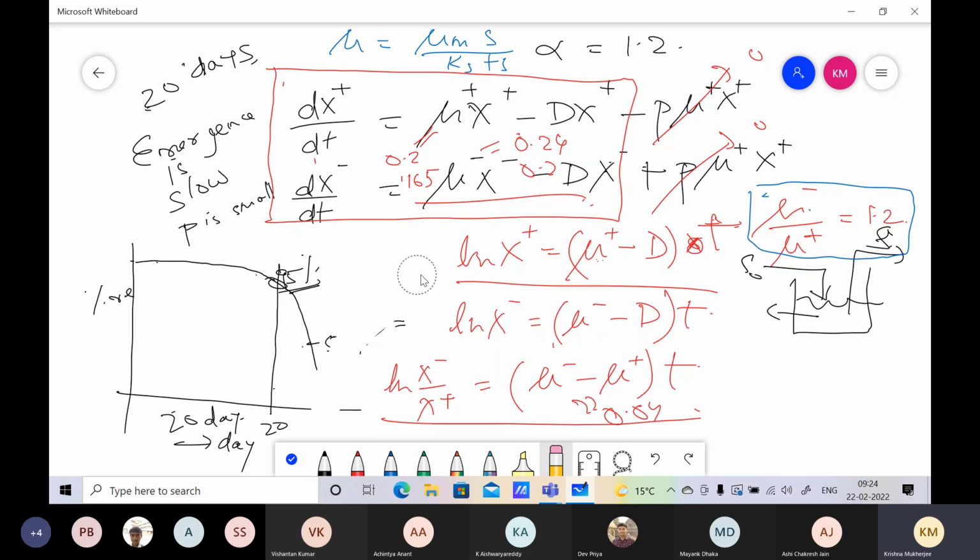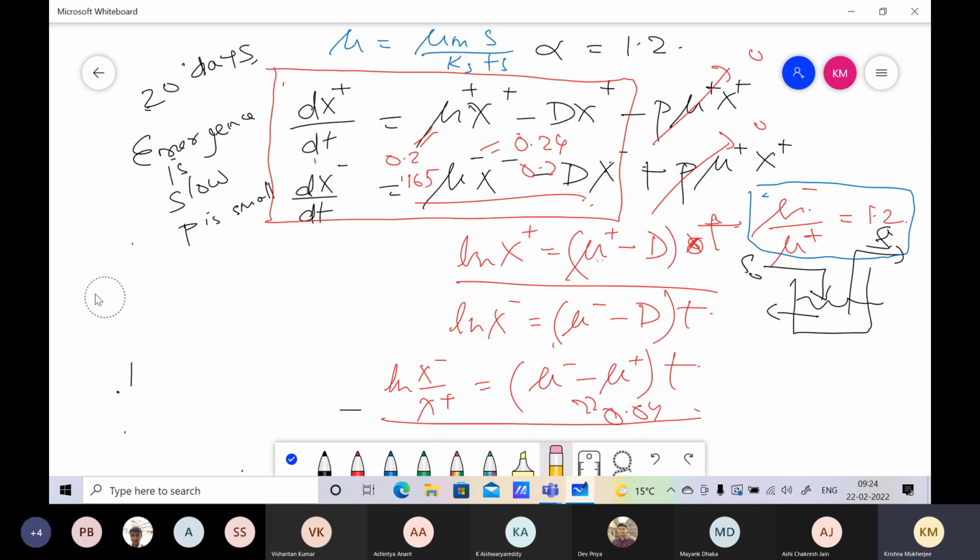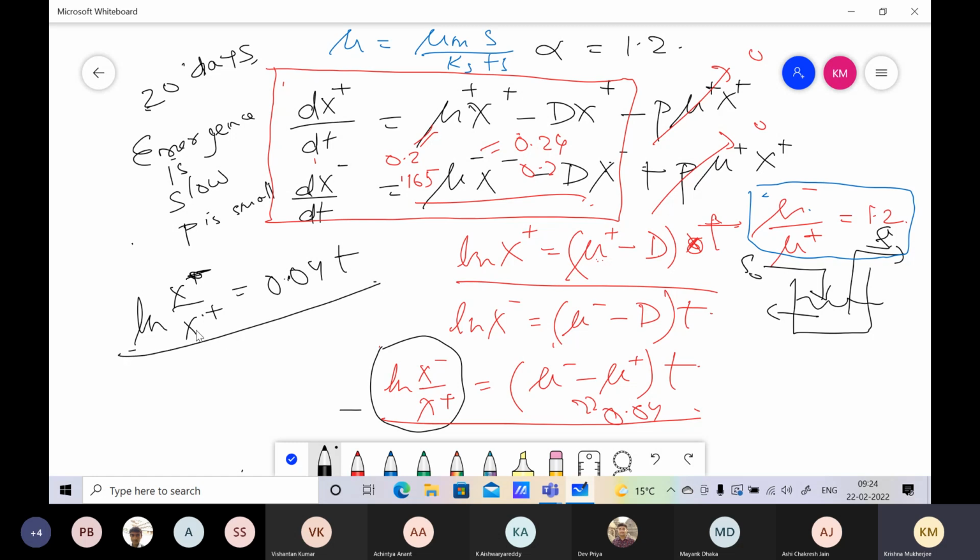So these two approximations, I thought as engineers you should know how to make approximations. Therefore this expression here is nothing but ln of (x minus upon x plus) is equal to 0.04 into t. If this is indeed true, then you can find out two conditions. One initial condition at time t is equal to 0,